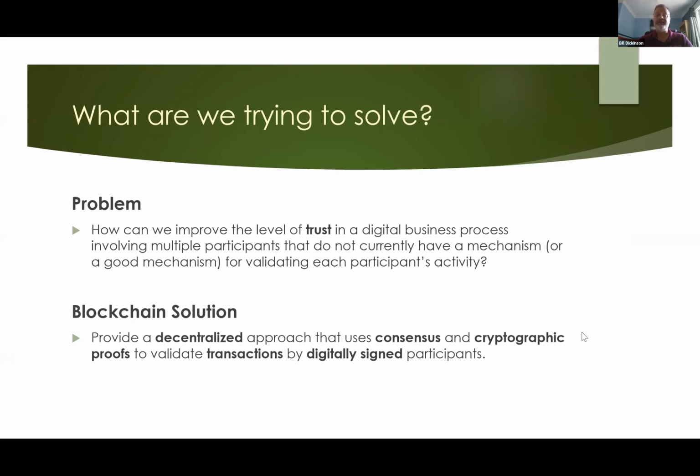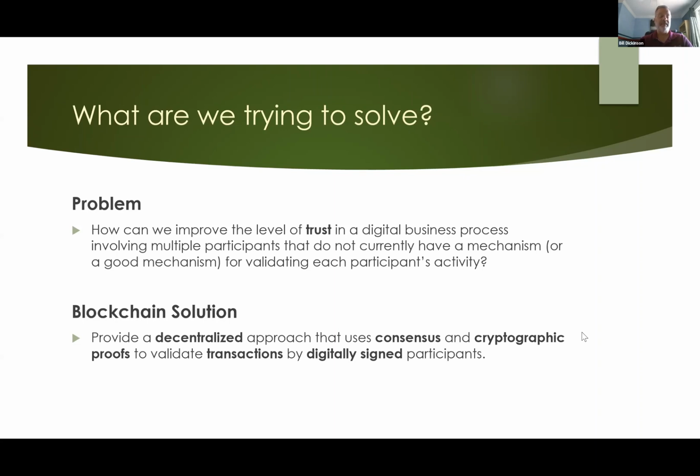The blockchain approach gives us a decentralized one, where all participants in the business process have a copy of the data and a copy of the process logic itself, and can prove for themselves that the activity of the process is valid. Instead of putting our trust into a single centralized system, we distribute that trust to all participants in the system so that there is a proven collective consensus on the state of the data, meaning everyone agrees on the integrity of the data, so everyone can trust the business process itself without having to rely on that central authority. Now, errors can still happen, of course, but through consensus, those errors are quickly detected and corrected across the entire system.